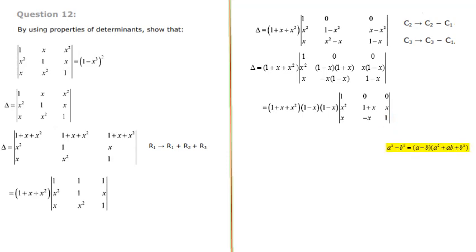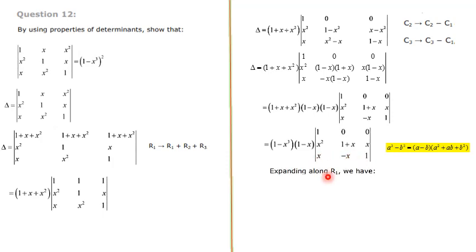Now just using the identity a cube minus b cube is equal to a minus b into a square plus ab plus b square, we can change this algebraic term. That is 1 minus x into 1 plus x square. We can join together and write it as 1 minus x cube. That means a cube minus b cube. A cube is 1 cube, 1 cube is 1, x square, b is x, so b cube is x cube. Then this 1 minus x is the balance that we can write. Then again the balance determinant is 1 0 0, x square 1 plus x x minus x 1.